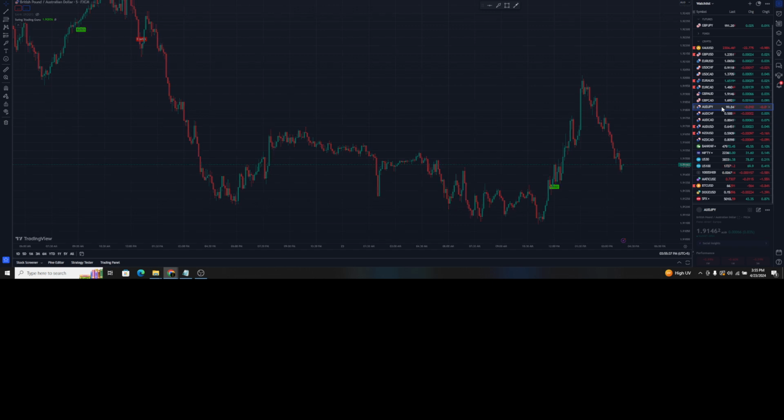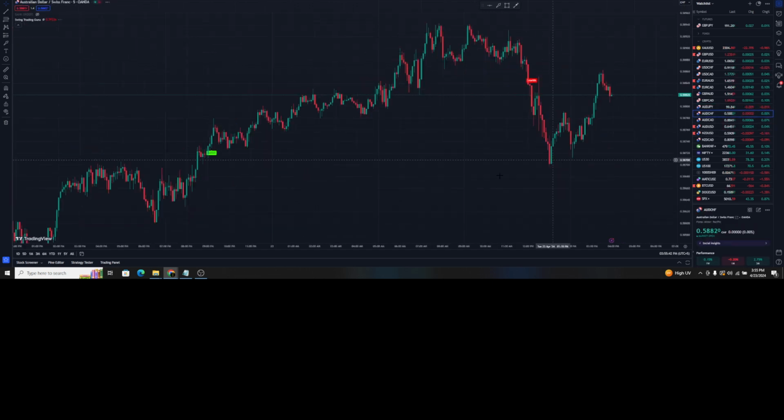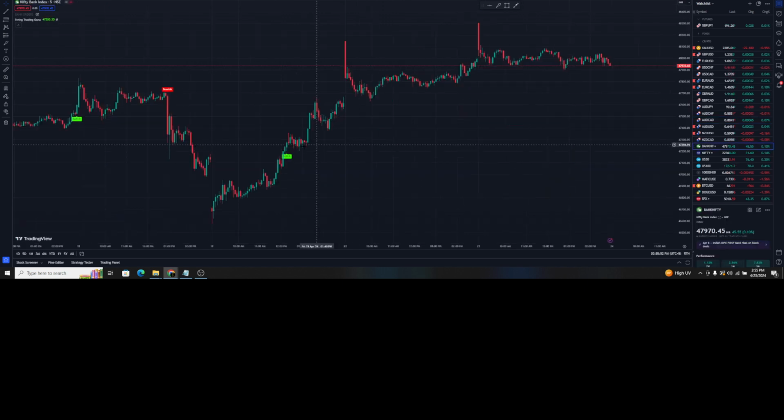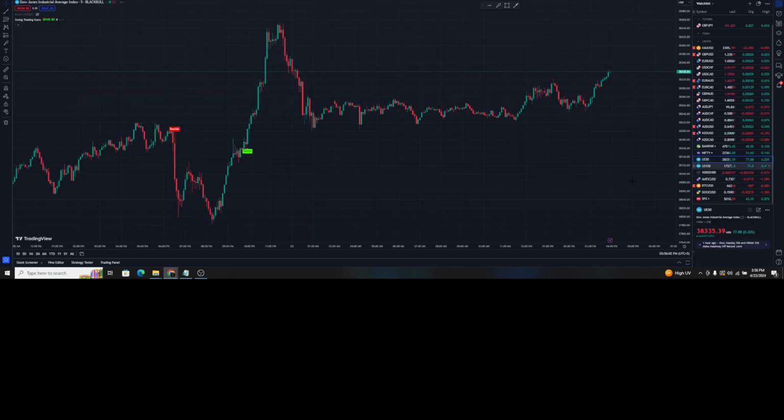So guys, these are powerful indicators. You cannot find such results in free indicators. You can see a bullish signal here, prices up, and bearish, prices down. So guys, what else do you need? Let's have a look at Bank Nifty today. If you look at Bank Nifty, there was a bullish signal, prices straightforward up. Let's have a look at Nifty. Bullish signal, prices up, previous was bearish, you can see prices down. Let's have a look at US 30. US 30 bullish signal is on the way, bearish worked, so everything is working.